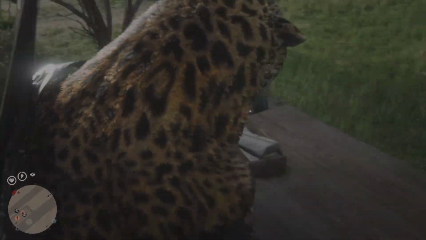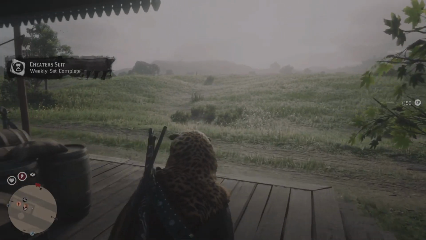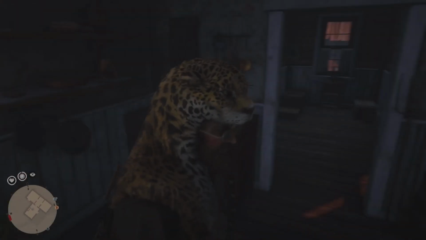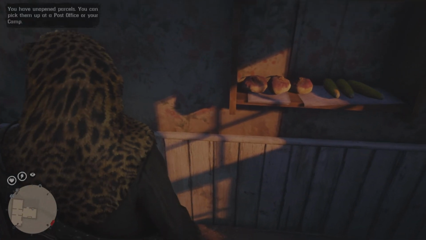That's the only item at this location, but this is the only spot that I actually know where this card is, and so we're going to force spawn this one, plus it's on the way to our other locations anyways. So when you do make it to Emerald Ranch or station, you do need to do a force spawn there to grab that one card, and then we're going to make it on over to the oil fields, which is